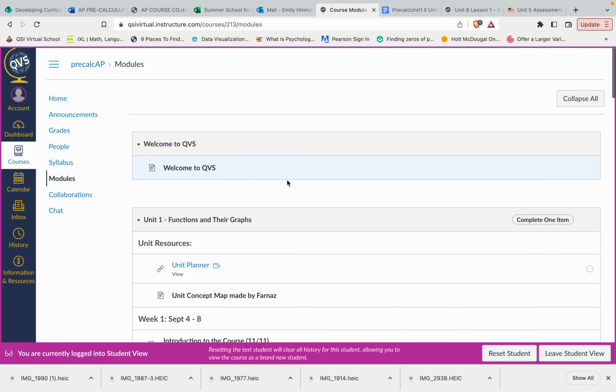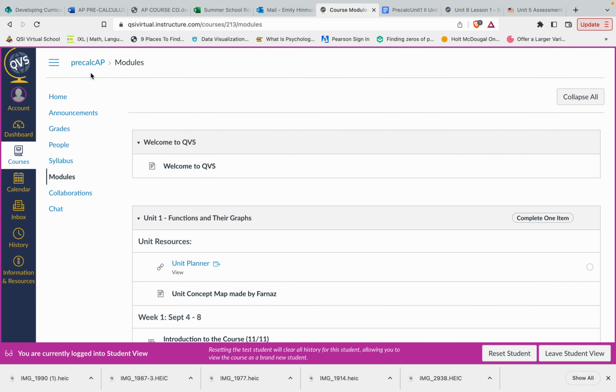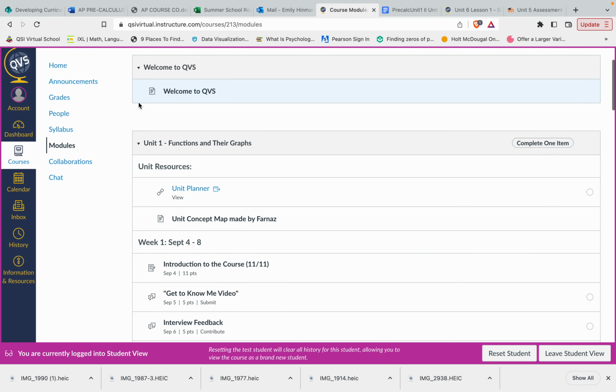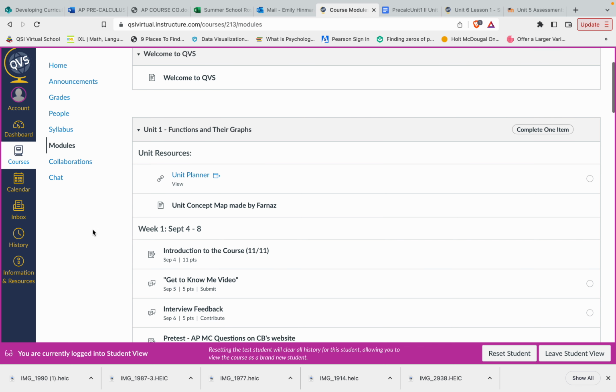In the student view on the course page, I'm using Pre-Calc AP, but it's the same for everything. I'm just going over how you know what to do and when to do it. There are many ways. I'm an over-planner, so we can see this on the unit planner document, right,